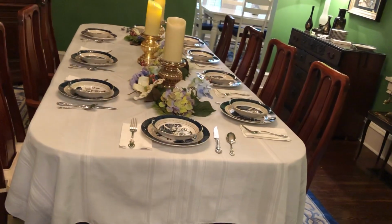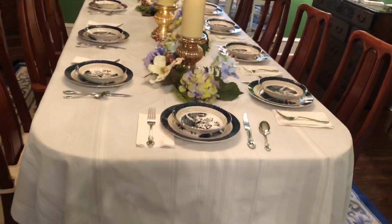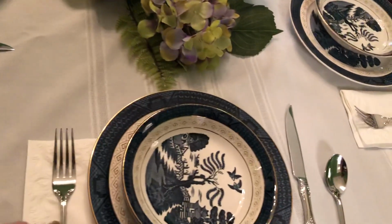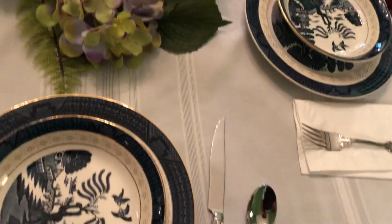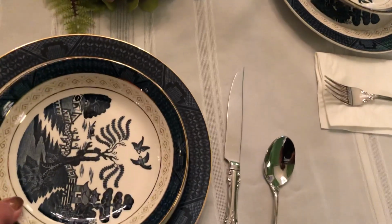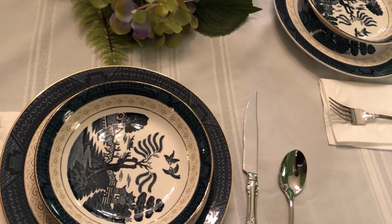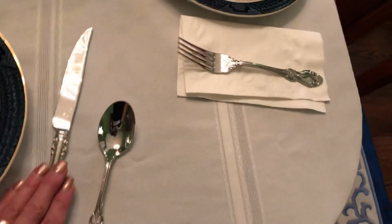And then what I did is I just set the table, and I'll show you how I set it. I put blue willow china, that's one of our patterns, and it's a blue and white color. And I put a dinner plate, and I also put a salad plate, like for a Caesar salad, on top of that. And then to the left, of course, is a white napkin with a dinner fork. And then to the right is a